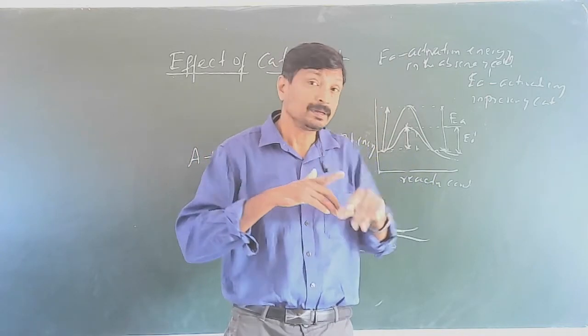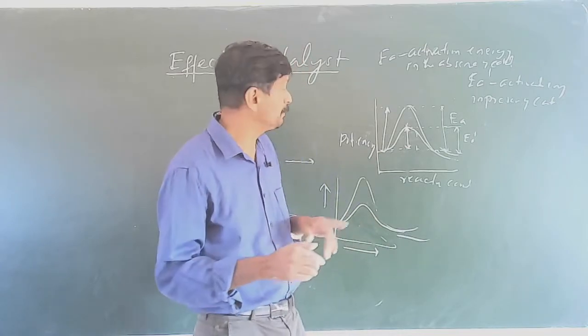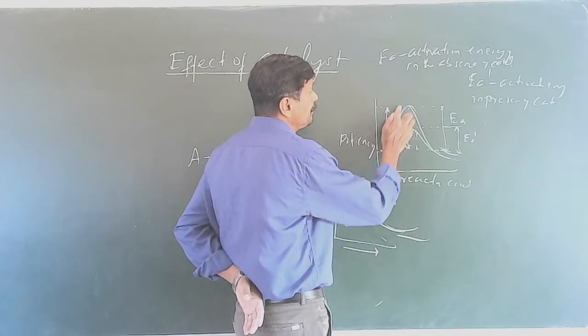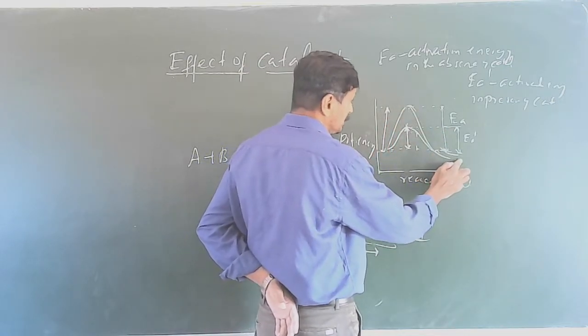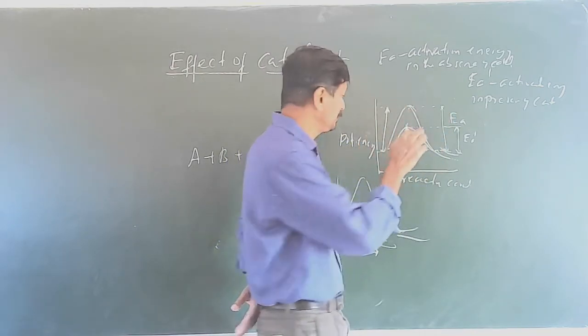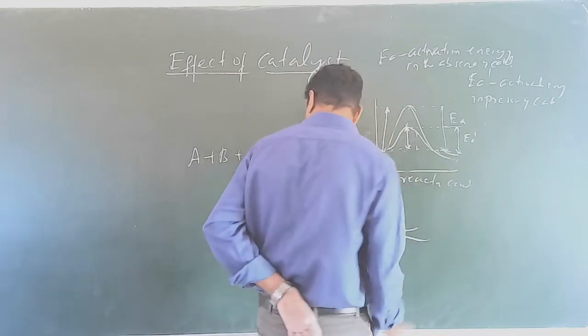One more: it does not affect the equilibrium constant. You know what equilibrium is? Look at this. This is the activation energy for the forward reaction. This is the activation energy for the backward reaction. This is the activation energy for the forward reaction. Here, if it is an exothermic reaction